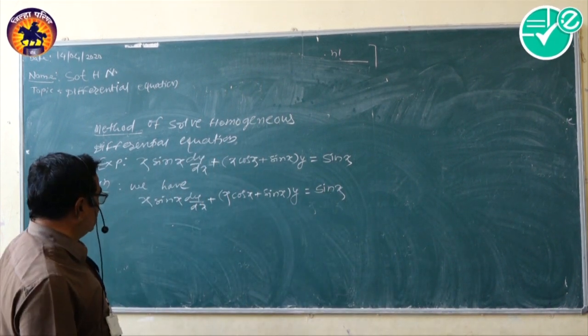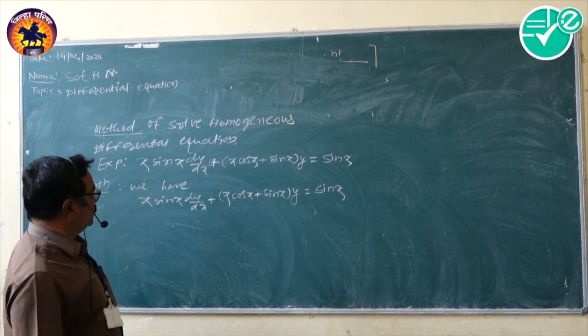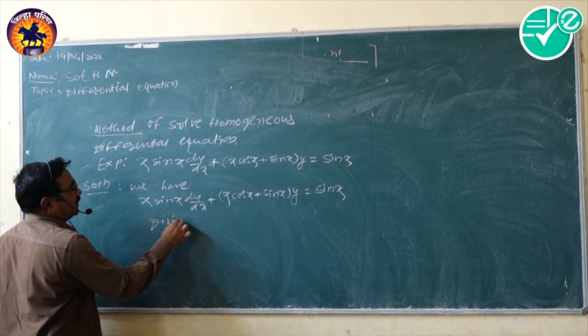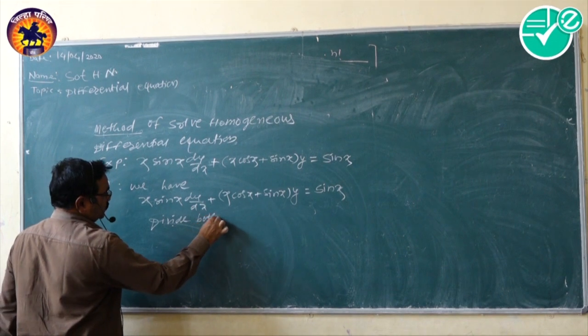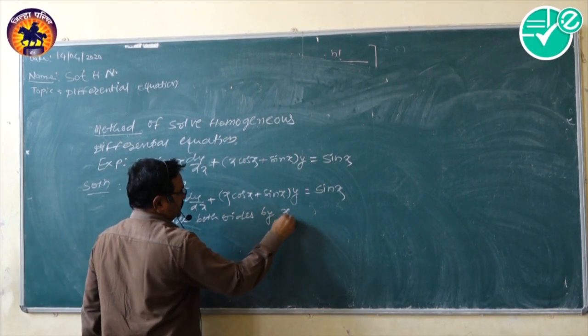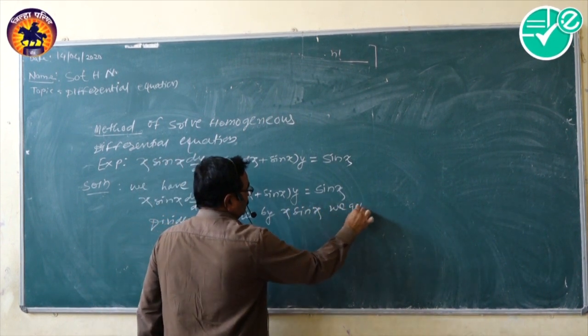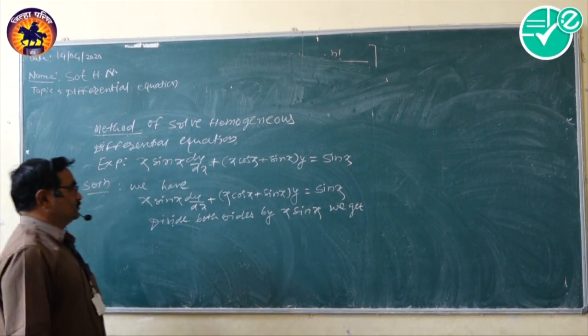The coefficient of dy by dx must be equal to 1. Divide both sides by x sin x. We get, which value we get? That is